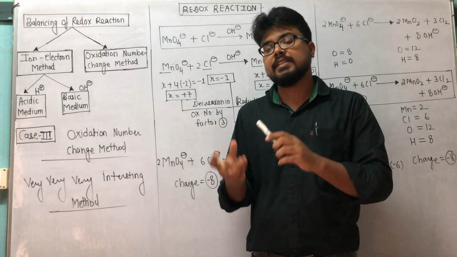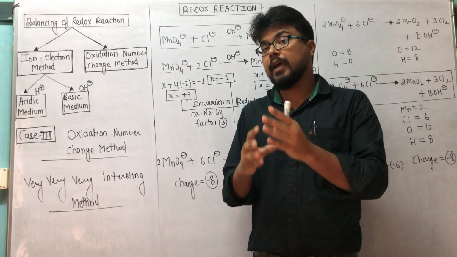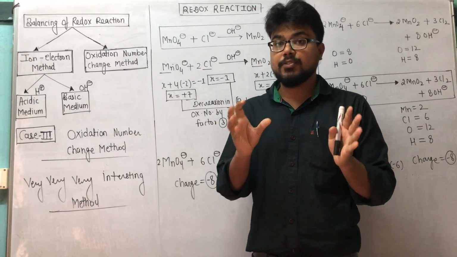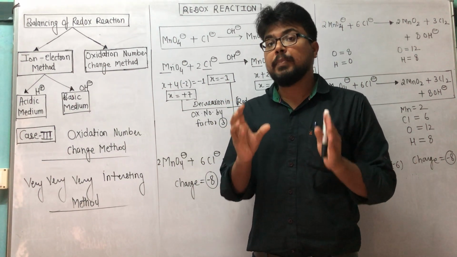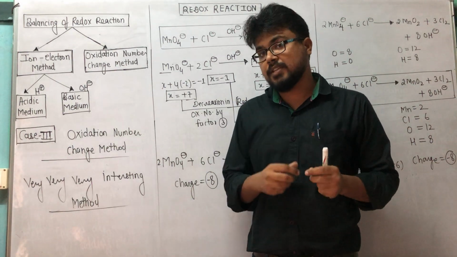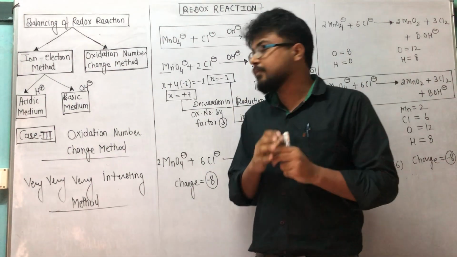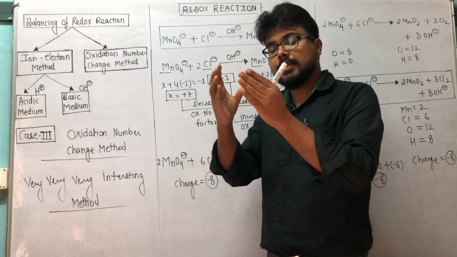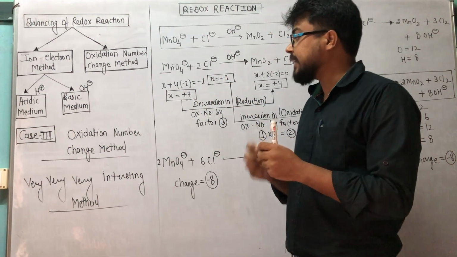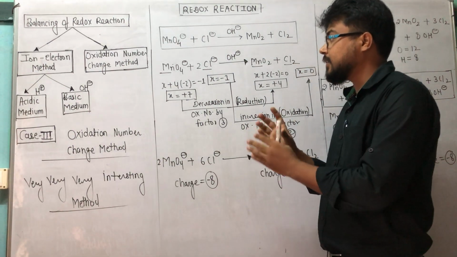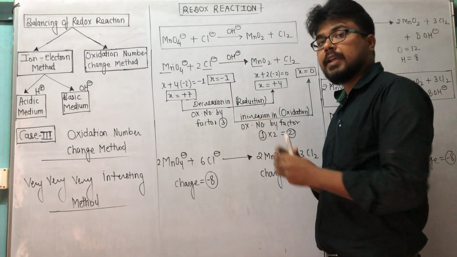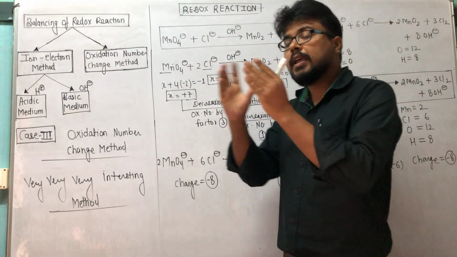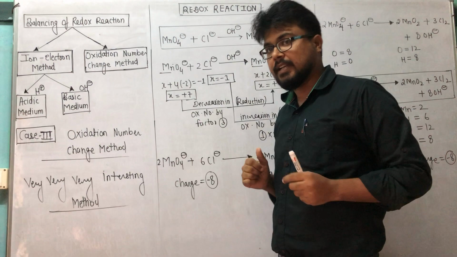And after that, to balance H plus ion we have to add an equal number of OH minus ions to both sides of the equation. It is quite a lengthy and time consuming process, correct? So how can we balance redox reaction in basic medium within a certain limit of time, directly using some trick, directly solving without any more steps, correct?